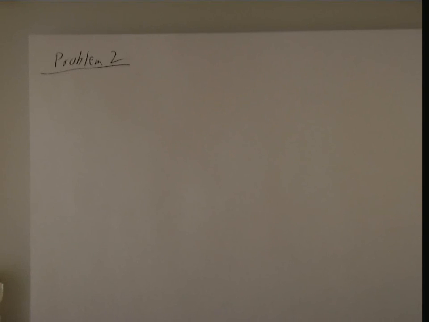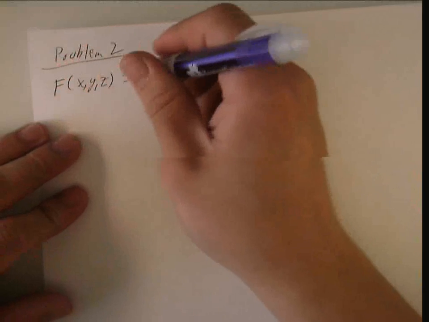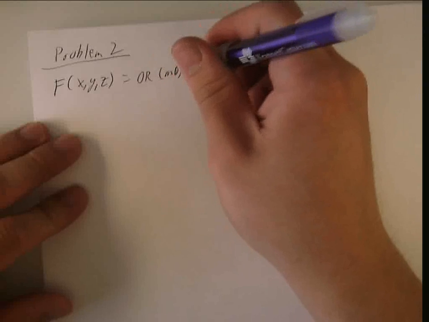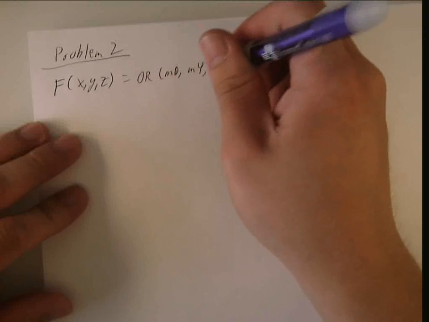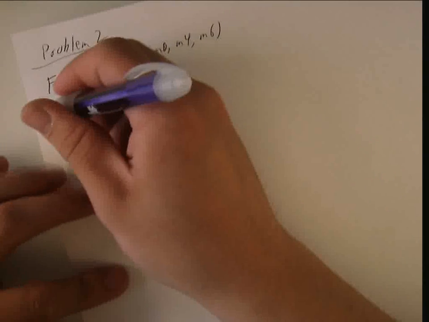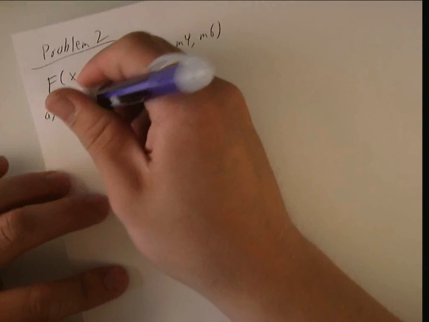This is the solution video for problem 2 of problem set 5, and in this problem I'll basically be implementing the function f of x, y, z using a number of different MSI configurations. M0, M4, M6. And here I need to solve it with a 3 to 8 decoder